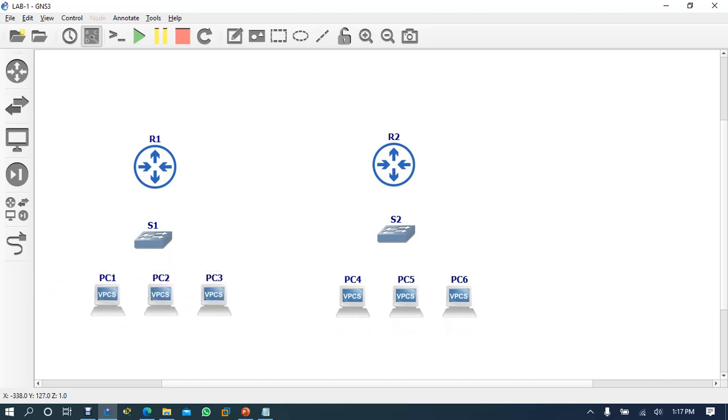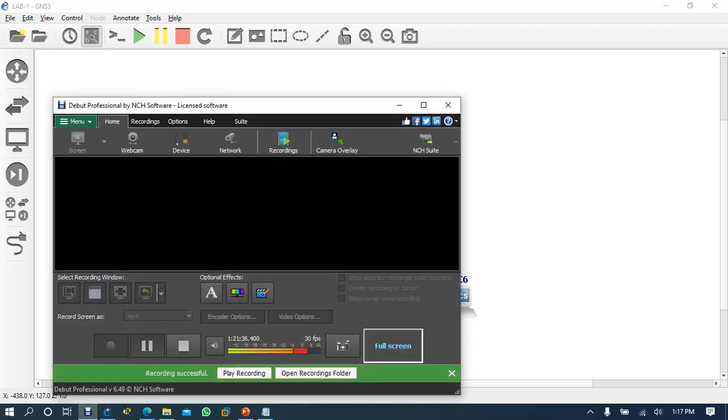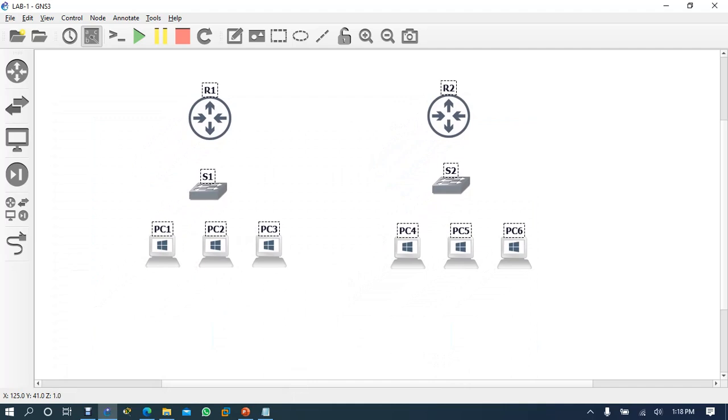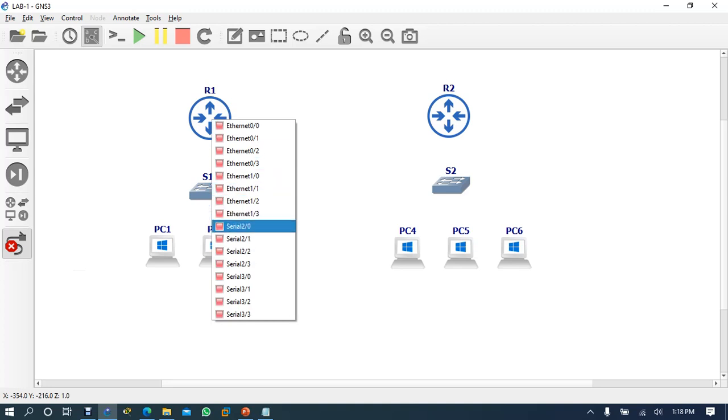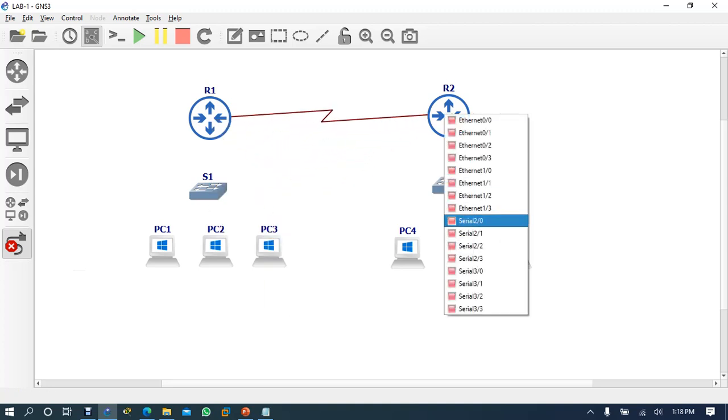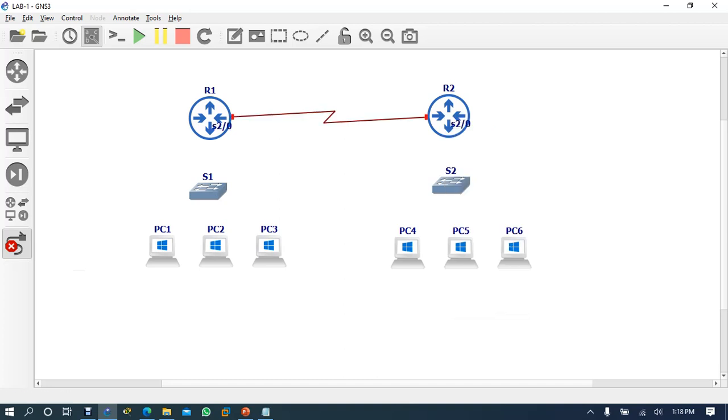Now, one more option. Now the part of connectivity, right? So take this connection. Then simple, router to router. I want to connect router to router with serial 2/0 to serial 2/0. Now see, the port number is not showing, so I will click here to show the port numbers.